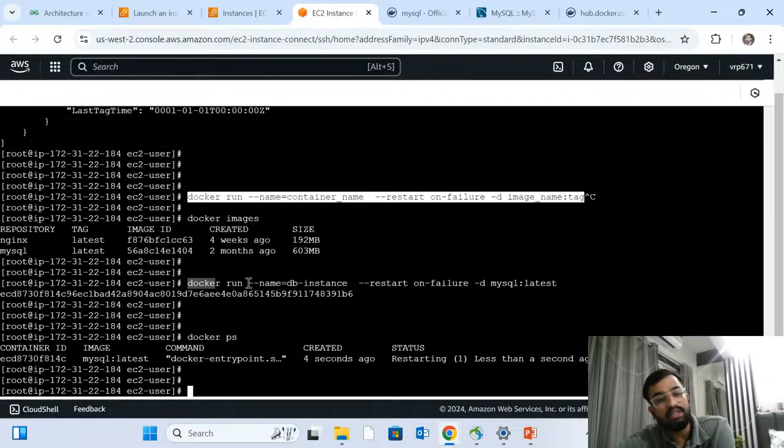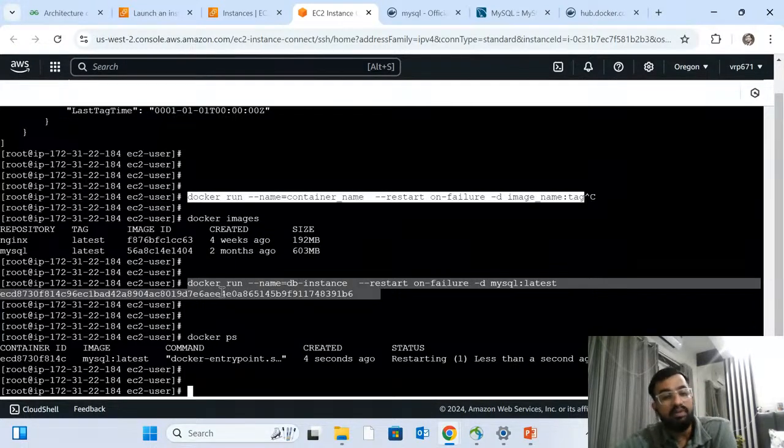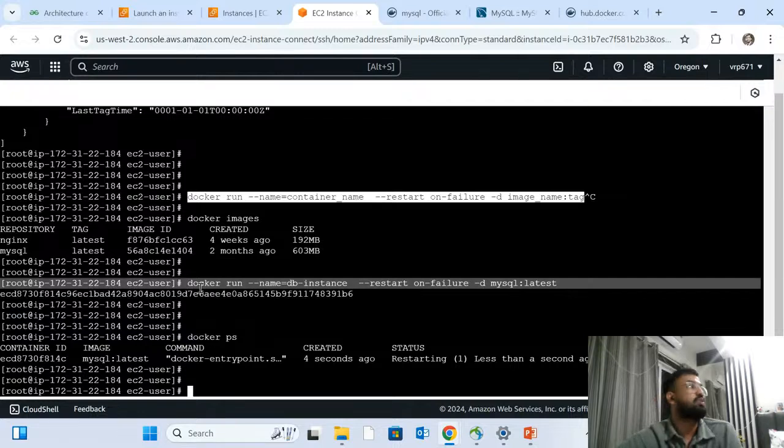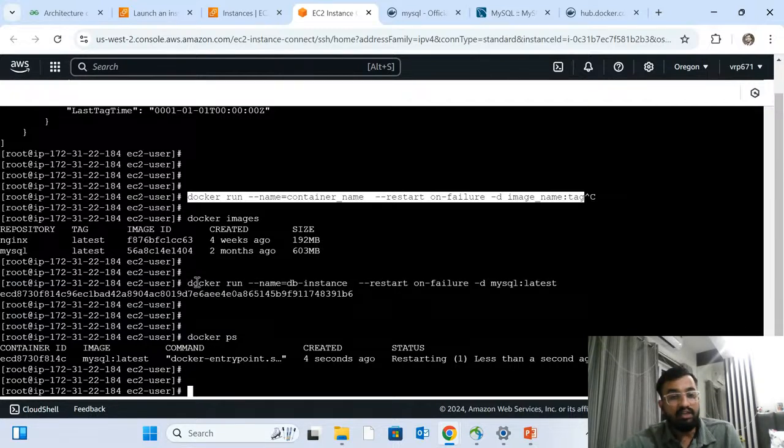Docker run command से क्या मिलता है? कंटेनर। अब ये कमांड को बेसिकली मैं एक्सप्लेन करूंगा, ठीक है। आपने पहले क्या किया सर? डॉकर रन किया, उसके बाद आपने नेम दिया। किसका नेम दिया? तो हम लोग क्या करने वाले? क्रिएट कंटेनर। आई एम गोइंग टू क्रिएट अ कंटेनर, सो आई नीड टू गिव द कंटेनर नेम। व्हाट इज द नेम ऑफ माय कंटेनर? सर कंटेनर का नेम अभी आपने दिया डीबी इंस्टेंस। आपने दिया सर हाइफन हाइफन रिस्टार्ट। जब जब ये फेल्यूर होगा इट शुड रिस्टार्ट।